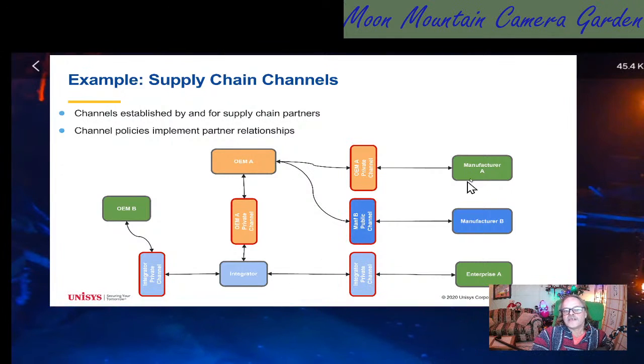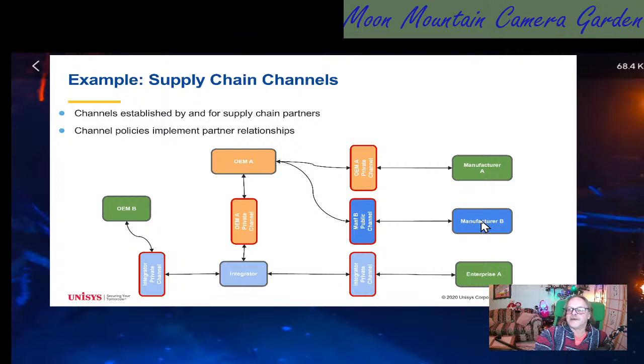So the simple example in a supply chain model, if we follow this through, we're taking individual channels. There may be multiple channels between these organizations, but to keep it simple, we have an OEM who is buying parts from two different manufacturers. In this example, the OEM has created two channels. You'll see the color match, an upstream private channel that it is requiring by contract manufacturer A to attest to various things on the channel. The hardware, software, bill of materials, whatever attestations are defined by that contract relationship.